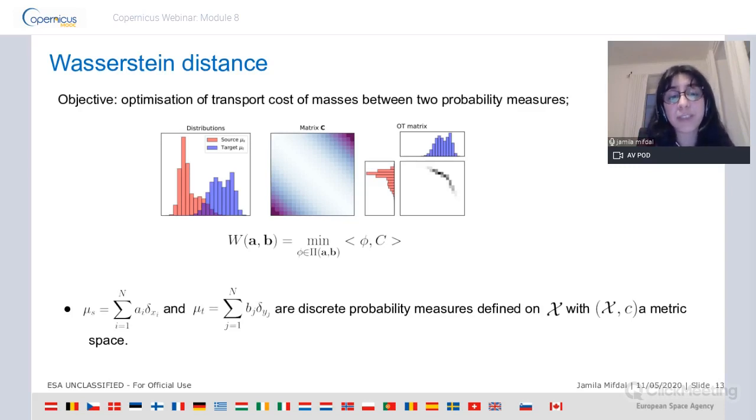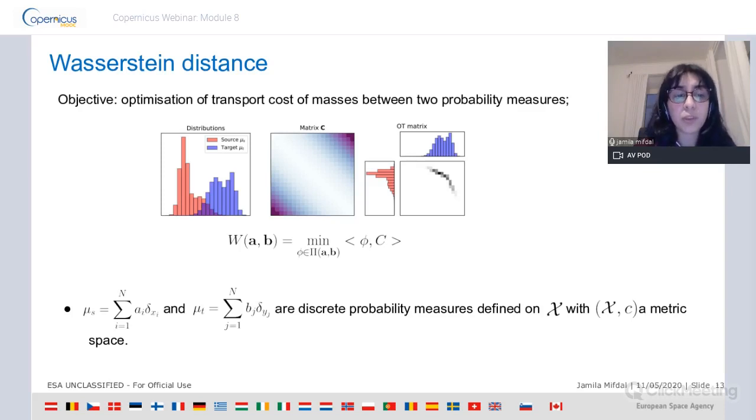So the Wasserstein distance is the minimum of the scalar product between phi and C. Phi is the transport plan, and the minimization is done over this transport plan.